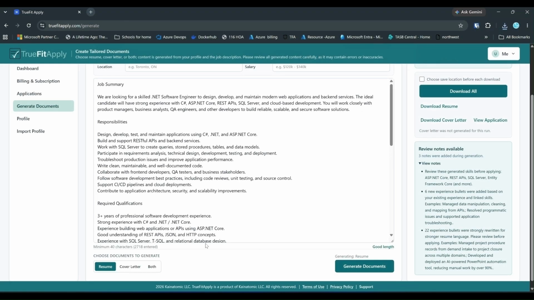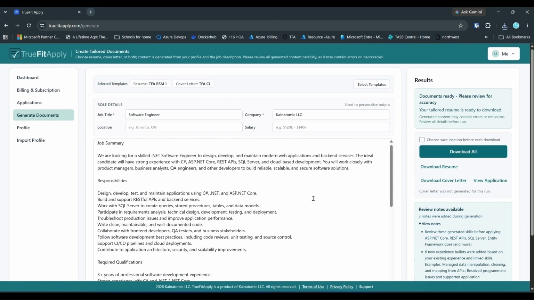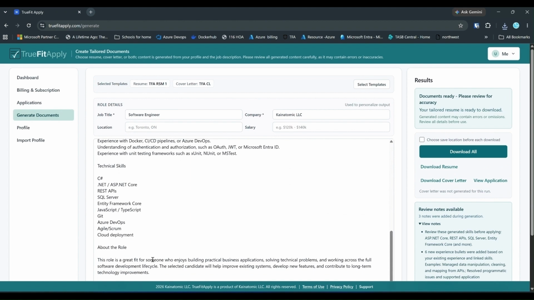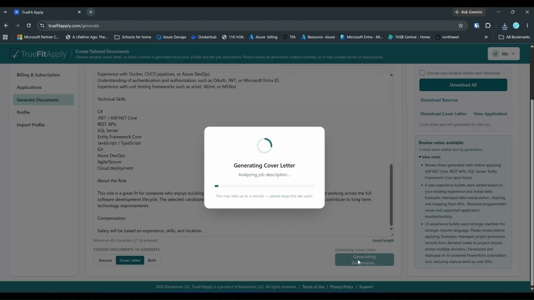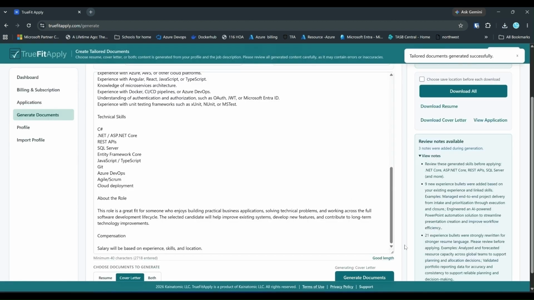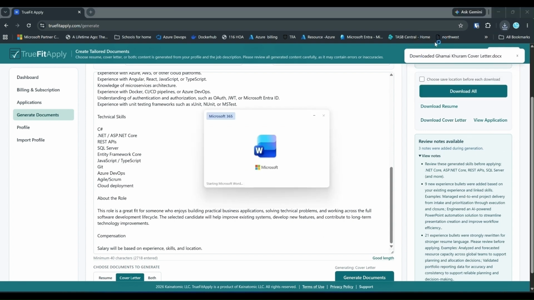Now let's also try cover letter. If we want to generate a cover letter for the same role, I would select cover letter and click on generate document. Now it's creating the cover letter for this specific role. Now the cover letter is generated. I will download the cover letter, open the cover letter,